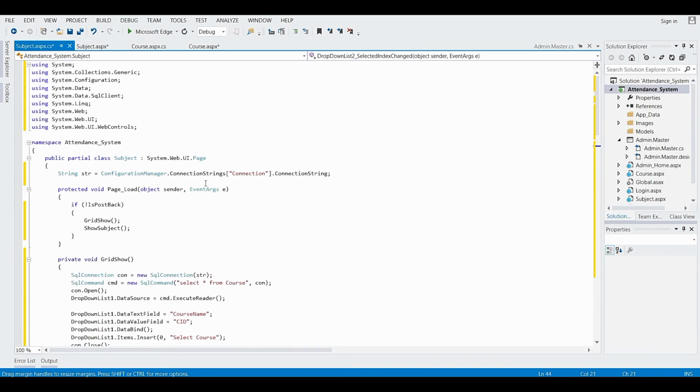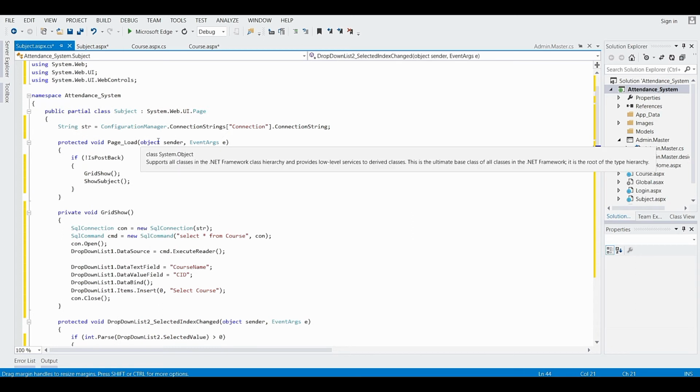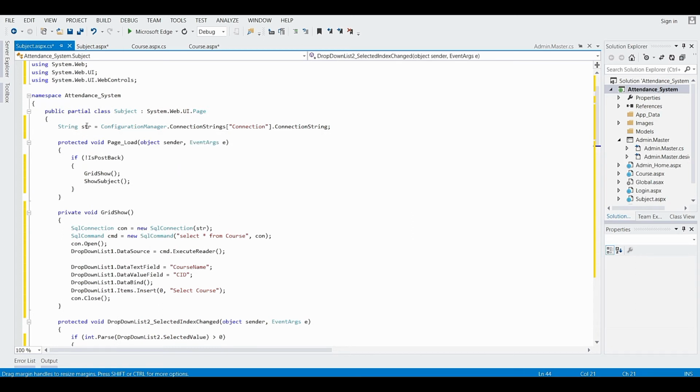So let's see what I have taken here. First of all, I have given the connection string in the string variable str by using the ConfigurationManager class. Within that, I have taken the connection string of the name connection. So our connection string is now being stored in this variable str.